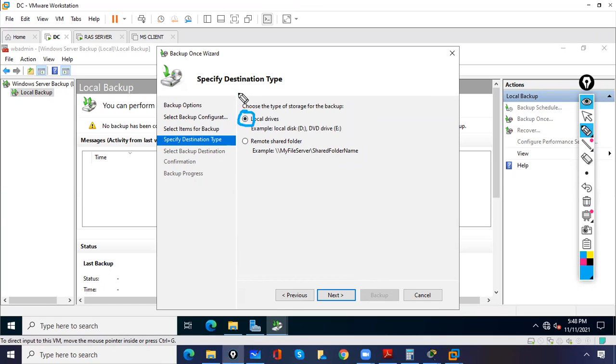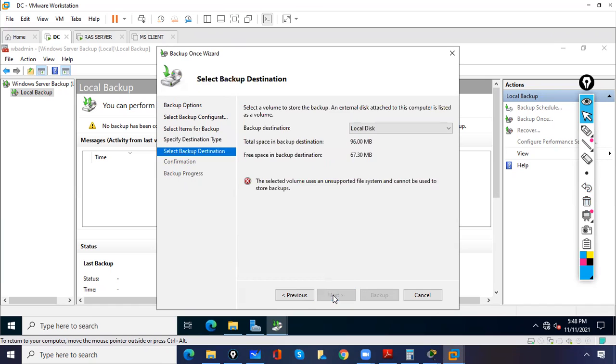Okay, and where do we want to take the backup? On the local drive, on the same computer, on the same server, or you want to take the backup on the remote server? If you want to take the backup on remote server, you need to give the network path like server 02 and folder name. So we'll go with the local drive. You can try with the remote server. Okay, so we'll click local drives. We'll click next, and